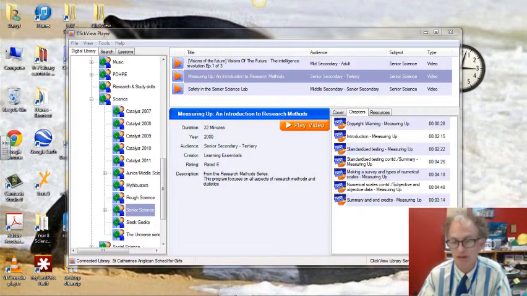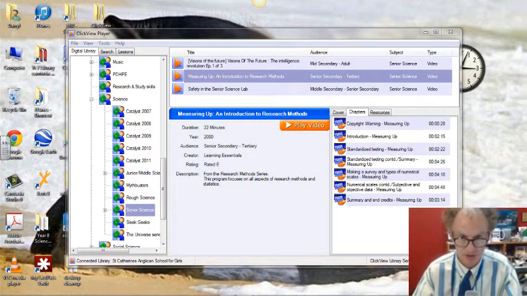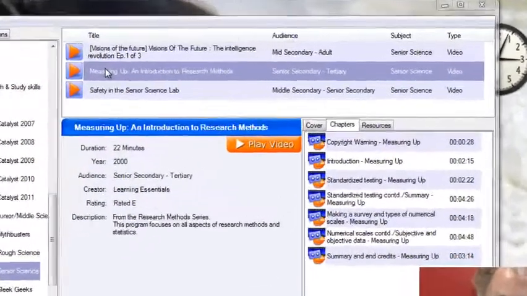In this ClickView screencast I'm going to show you how you can save out a segment of the ClickView library and convert it into a Windows video file, and then use it in presentation software like PowerPoint. Alright, so let's have a look at one here. We've got a video we've selected here, Senior Science. I've got one up on measuring up